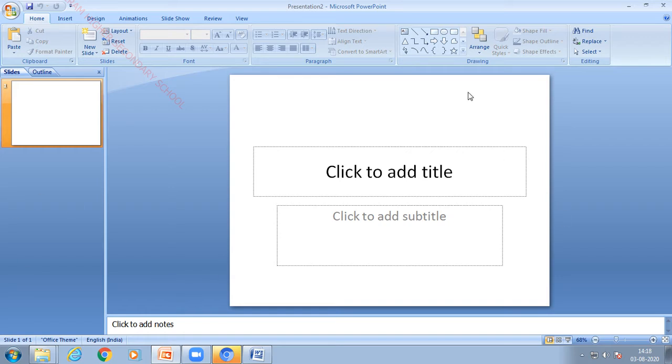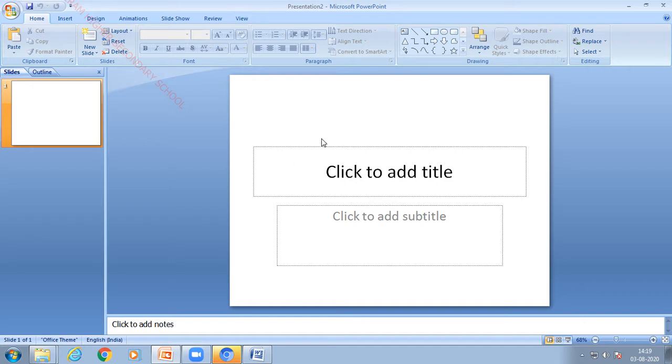After choosing MS PowerPoint 2007 we will be getting a page like this. So here we have a title bar, menu bar, standard toolbar, formatting toolbar, whatever menus we have discussed in our previous session in MS Excel. Similarly the same menus are in this presentation. By default a presentation displays as Presentation 2. If you would like to change the name of the title, you can change it with the help of the save or save as option. Let us see how to change that.